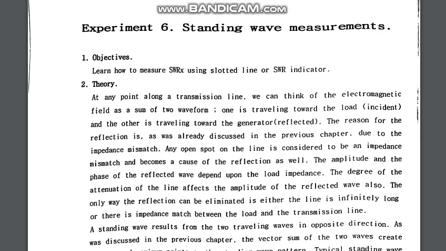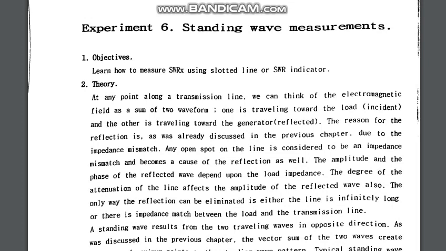So in this section of the experiment, there are the standing wave measurements, where we have to learn how to measure the SWRs using a slotted line and SWR indicator. At any point along a transmission line, we can think of the electromagnetic field as a sum